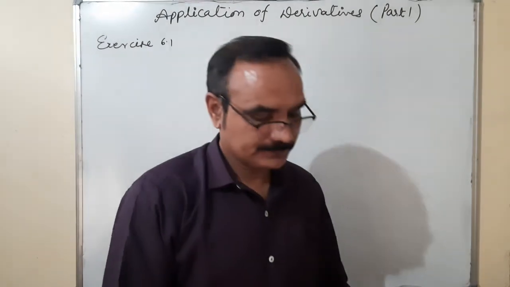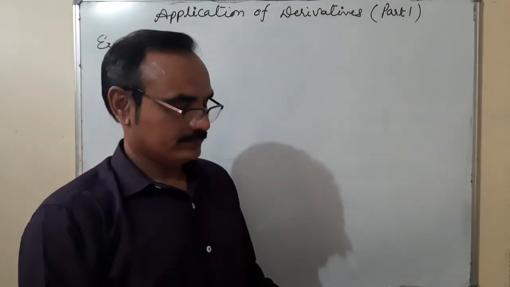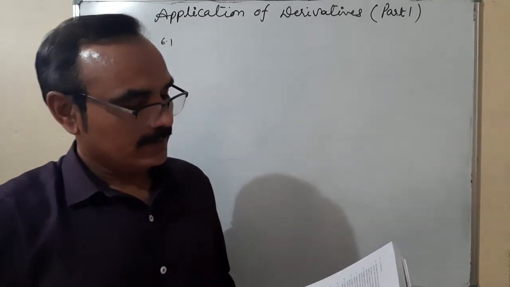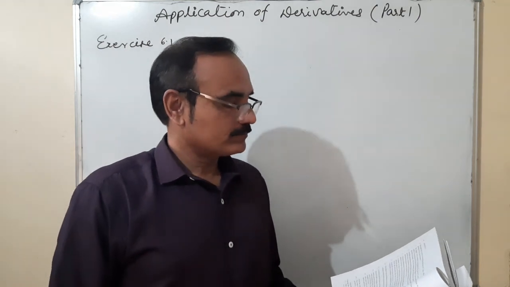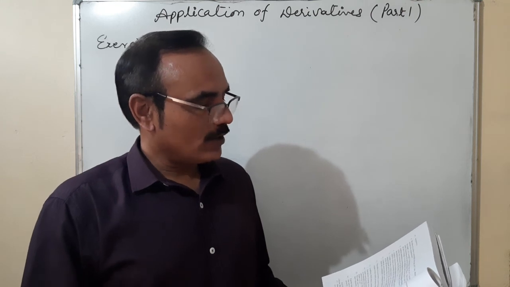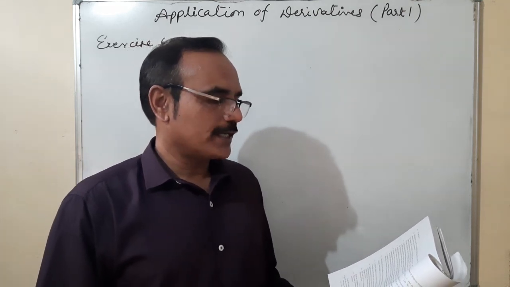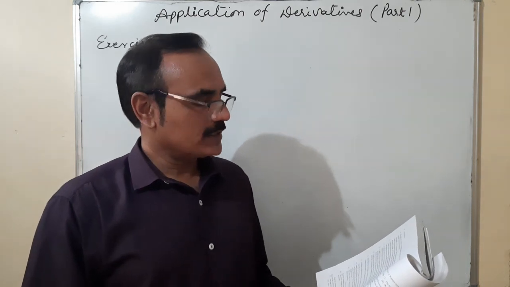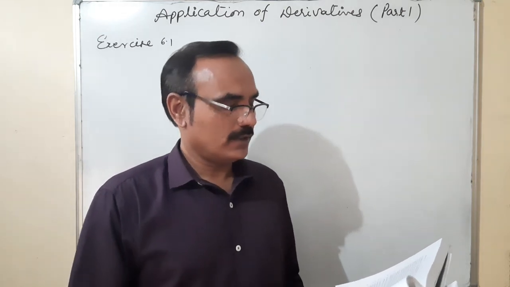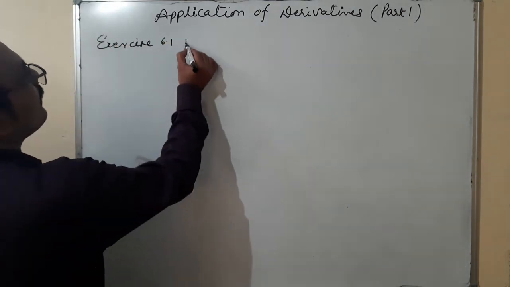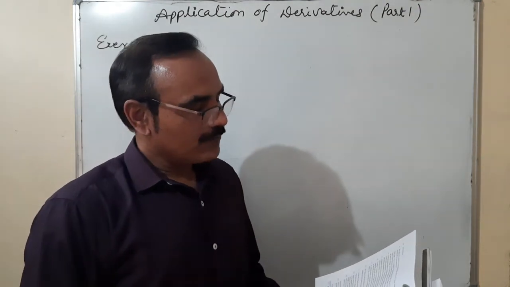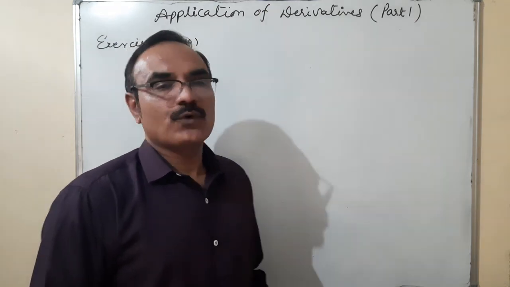After this question, now we are taking one very interesting question. Question number 10. A ladder 5 meter long is leaning against a wall. The bottom of the ladder is pulled along the ground away from the wall at the rate of 2 centimeter per second. How fast is its height on the wall decreasing when the foot of the ladder is 4 meter away from the wall? Question number 10.